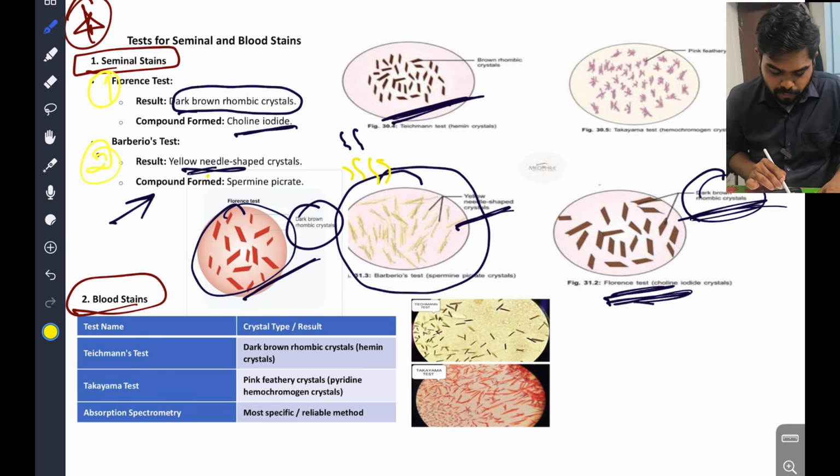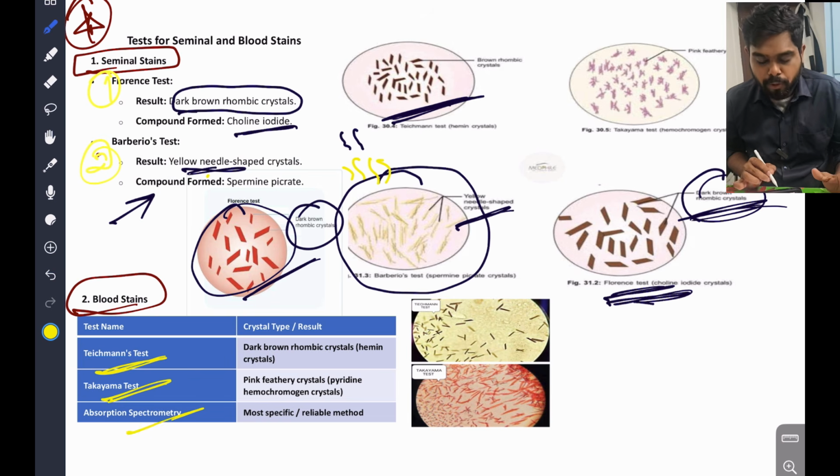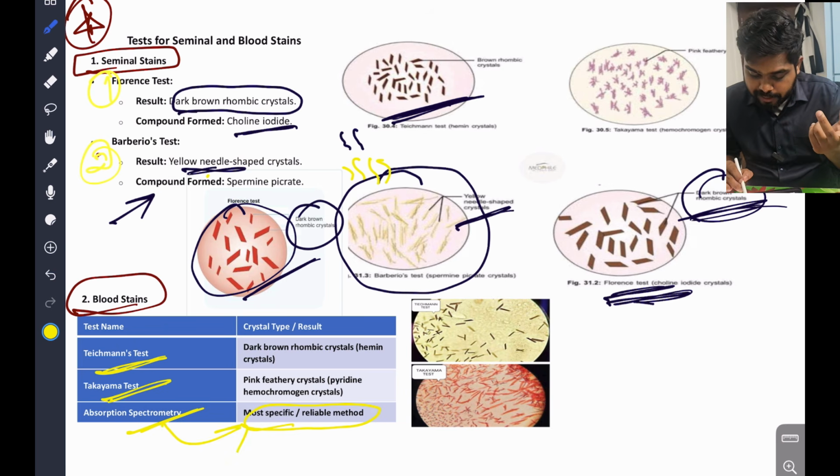For blood stain we have Takeman test, Takayama test, and absorption spectrometry. The most specific and reliable method is the absorption spectrometry. What is Takeman test? Takeman is similar to the dark brown rhombic crystals of the Florence test. Here brown rhombic crystals will be there, because of hemin crystals. Okay. Takayama,